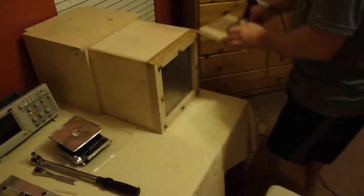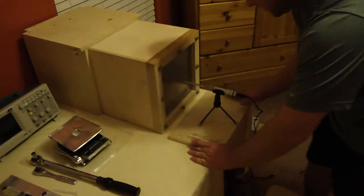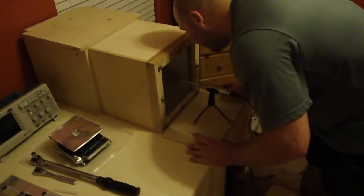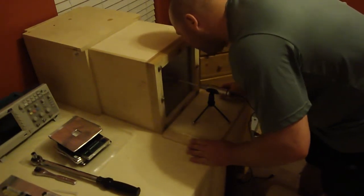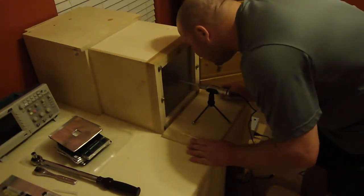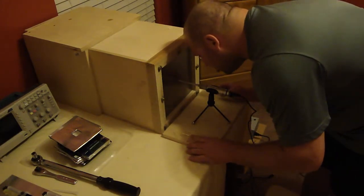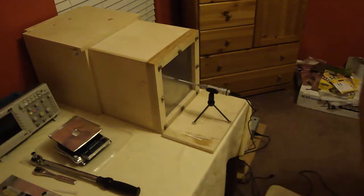Okay, so that's done. The microphone is attached using the neodymium magnets. The magnets have been epoxied to the wood, and I have marked the wood to line up with the bolts on the bottom so that the microphone ends up right in the center of the piece of metal. From there,